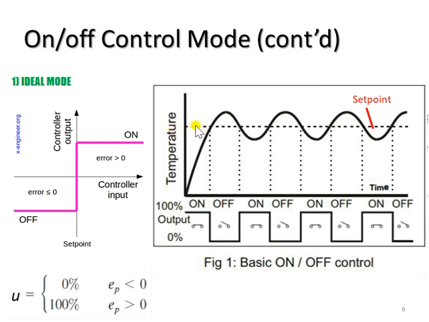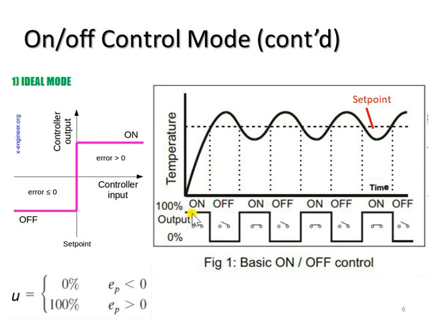Let's say this horizontal dashed line represents the set point, and this graph represents the process variable. We can see that the process variable increases and touches this set point, and then oscillates above and below the set point for several cycles. So let's investigate further